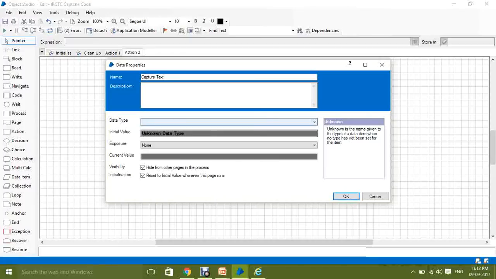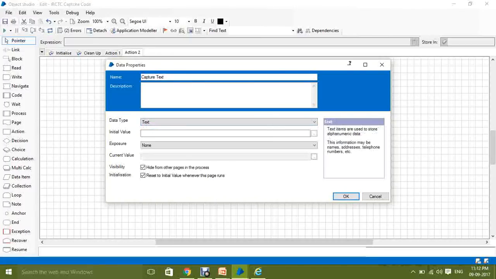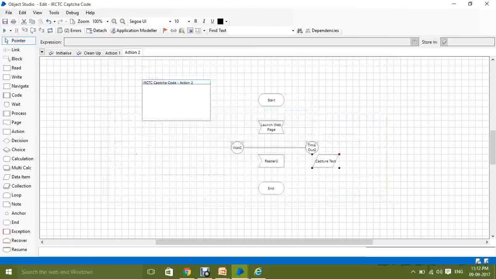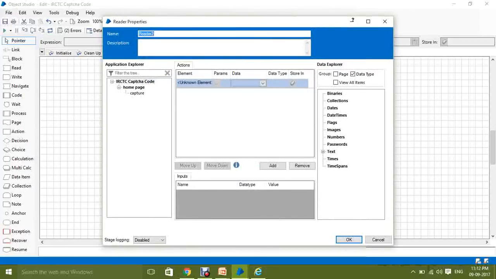I'll rename it as captcha text, of type text.